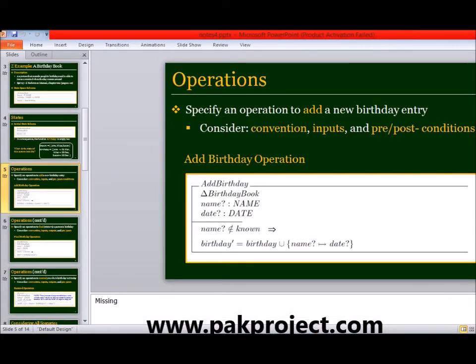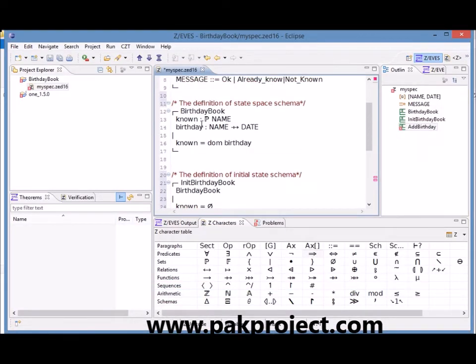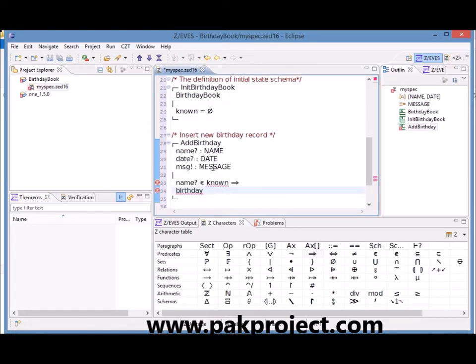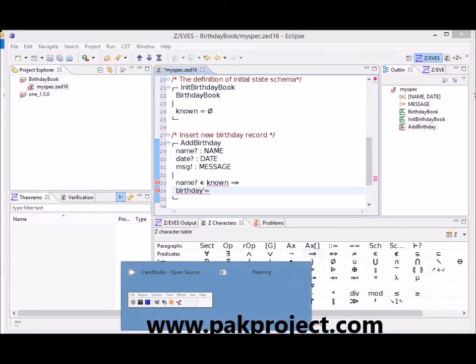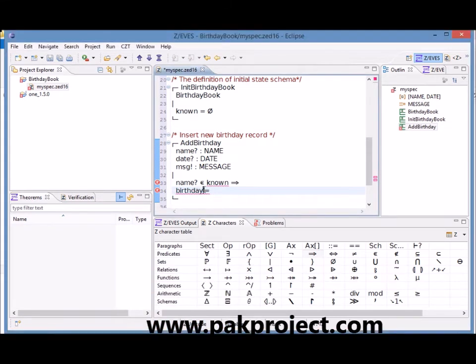Birthday is the name of this function. So birthday is equal to, and we are going to store the updated value. The notation that we are going to use is not a single quote notation. We are going to use the allowed notation, that is this prime quote, is equal to birthday, and then we have